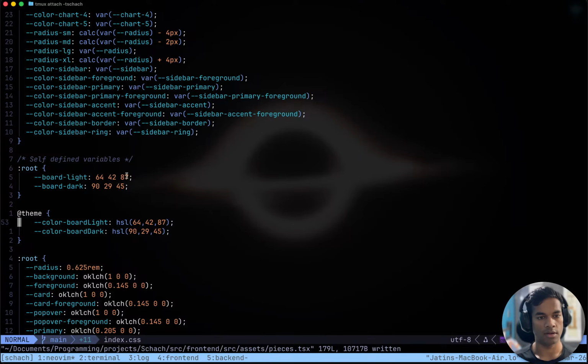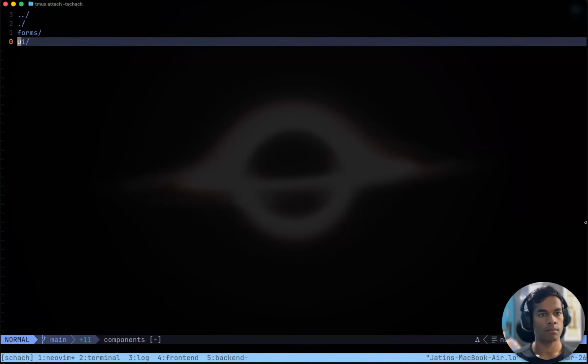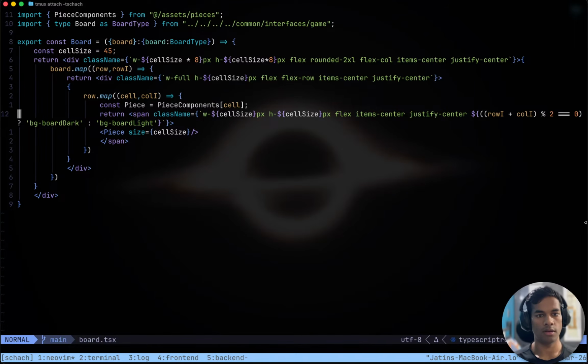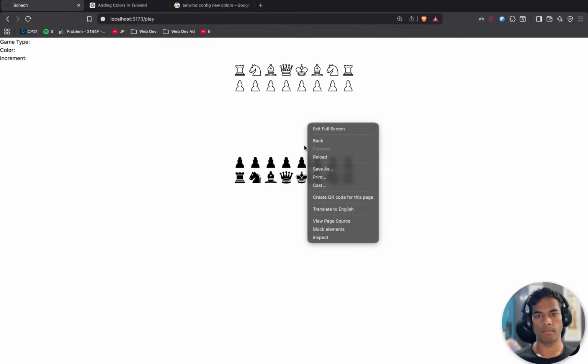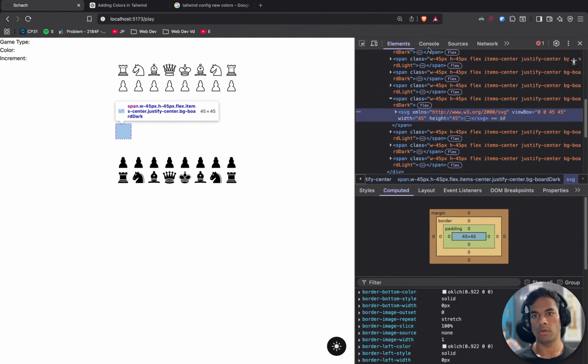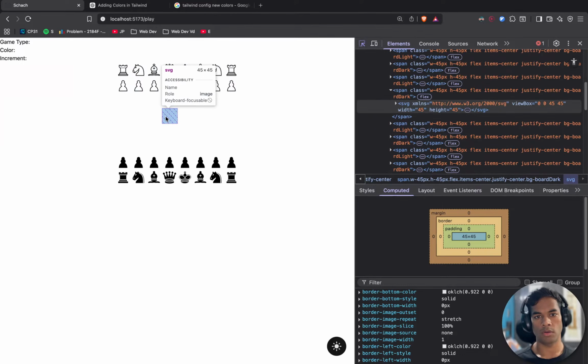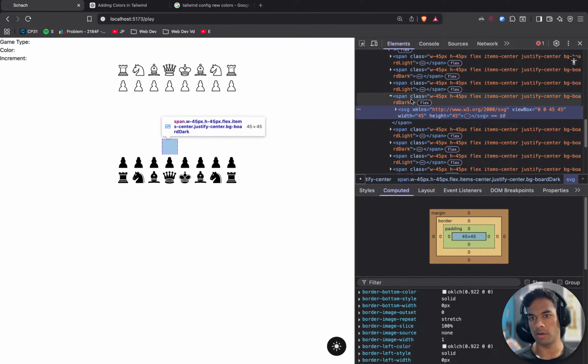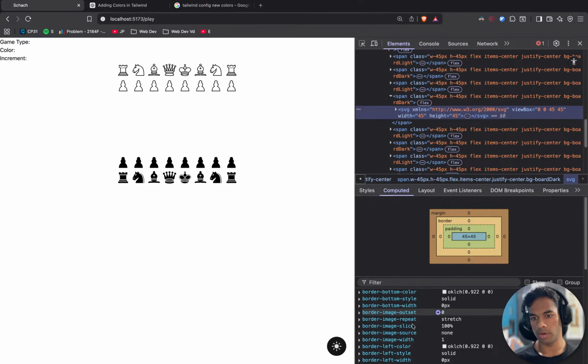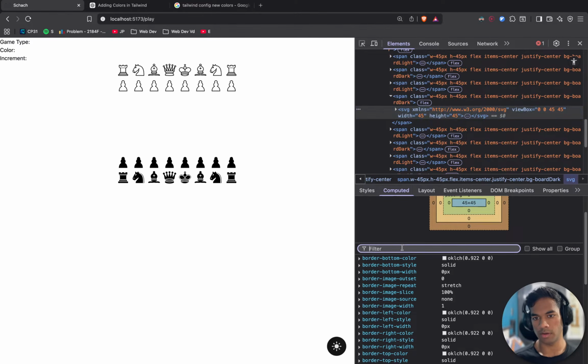Okay, HSL, these are the colors. Components UI here. Okay. Inspect. What is, let's say, the color of this component? How do you find the color?